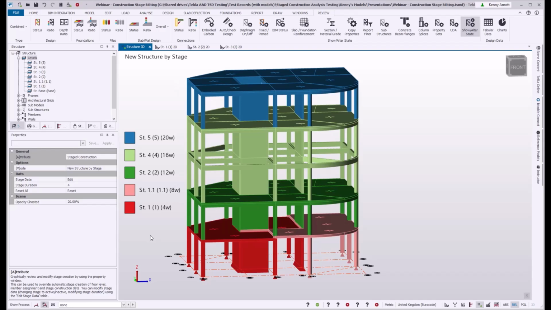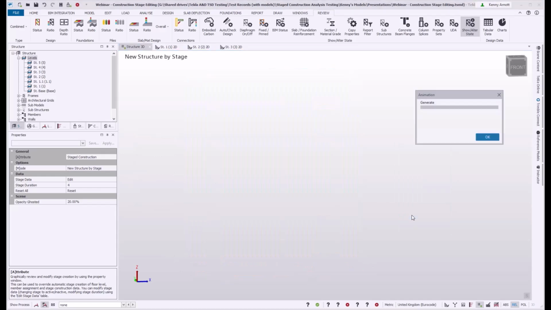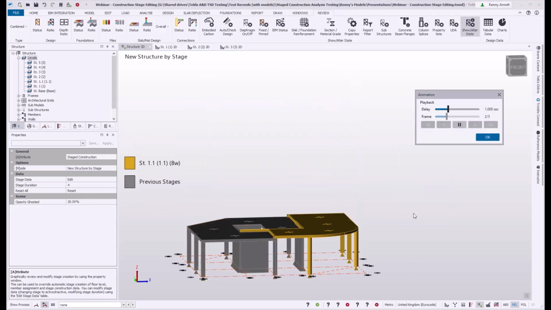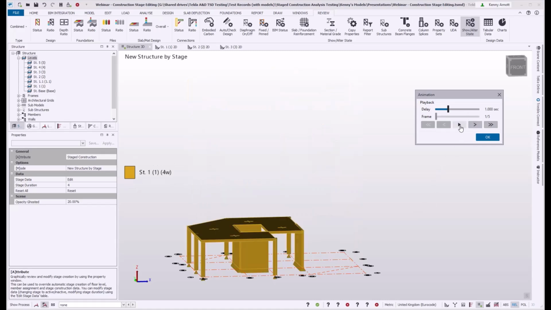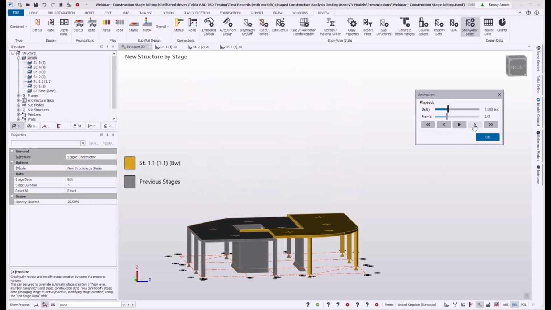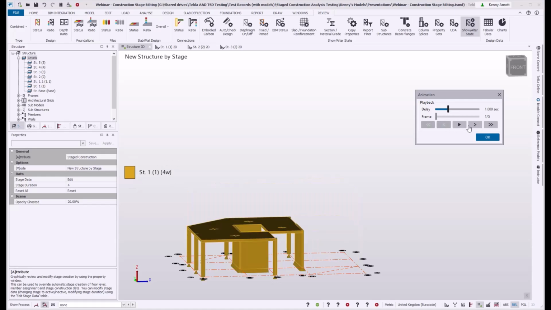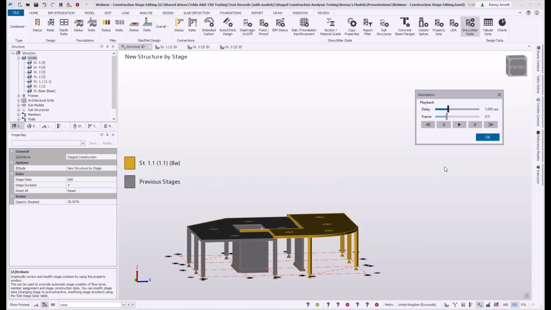And by default, you'll see this sort of view where you can see all of the stages, and the members are color-coded by stage. So that looks reasonably easy for a small model like this. In larger models, the view can seem quite cluttered. So you might find it very useful to use this animation option where you can see it working through the stages stage by stage. And you can pause that view and then work through it backwards and forwards yourself, so you can see what's added in one stage relative to the next.